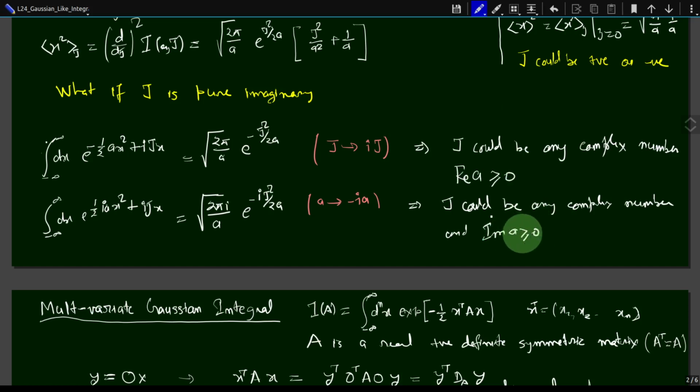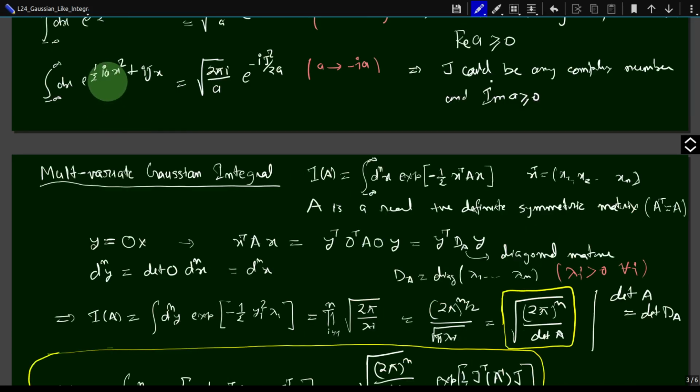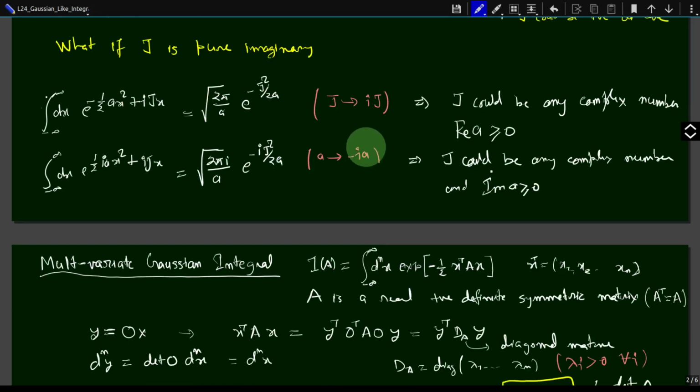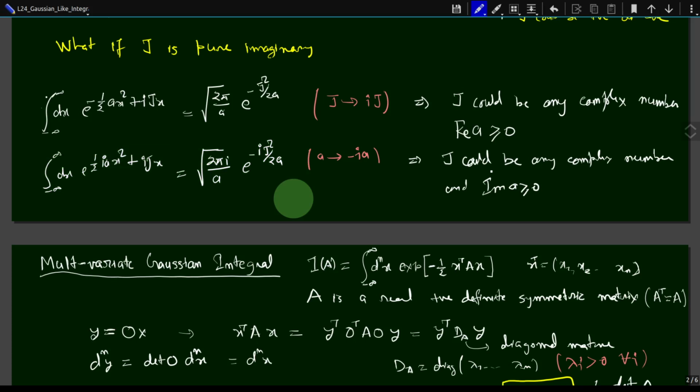So anything, even if the imaginary part is 0, will be fine as long as the real part of a over here is non-zero, because in this expression the real part of a will be the oscillatory guide. Now we will keep on using this result. In fact, we have used this particular expression